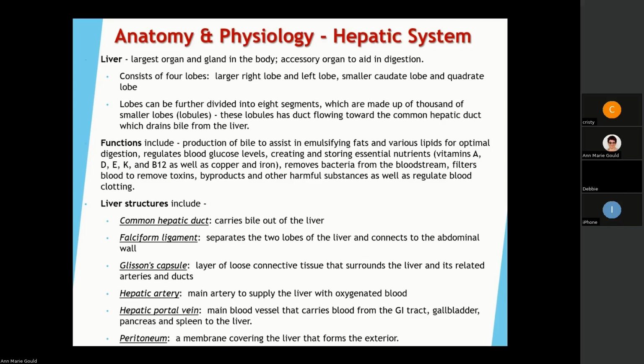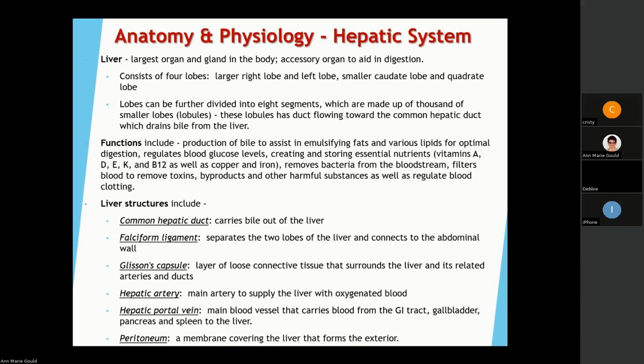The liver structures include your common hepatic duct, which carries bile out of the liver. Your falciform ligament separates the 2 lobes of the liver, and it connects it to the abdominal wall, so it's like keeping it in place. Your Glisson's capsule is a layer of loose connective tissue that surrounds the liver, and it has relative arteries and